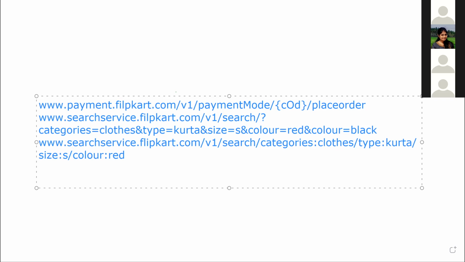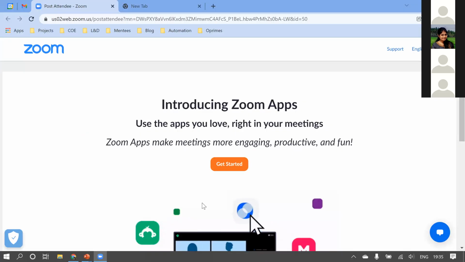Okay, take this Zoom example. US2 web is the host. Okay, zoom.us. This is the host. Okay, can you see my screen? So this is the host. Yes. I mean, we don't see that. Okay, let me share all the screens. Can you guys see my screen? Yes. So I just opened this Zoom link while connecting to this. So take this as an example itself.